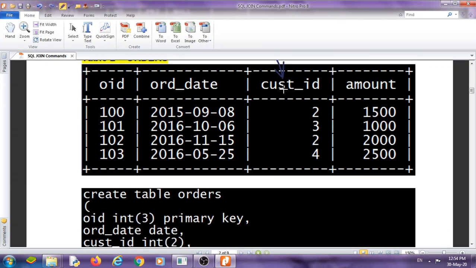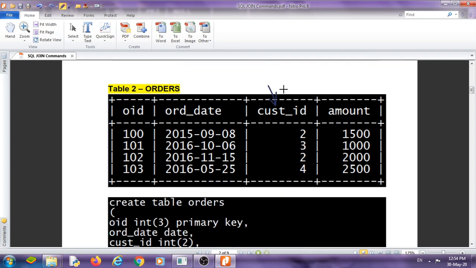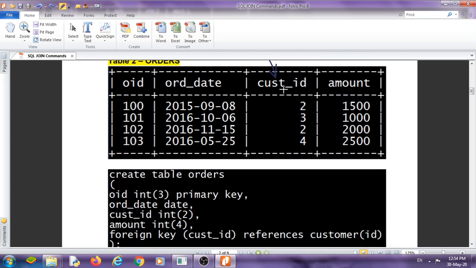Order ID, data type is integer and it is the primary key, and order date is another attribute with data type date. Customer ID, data type is integer, size is 2, and amount is an attribute with data type integer.